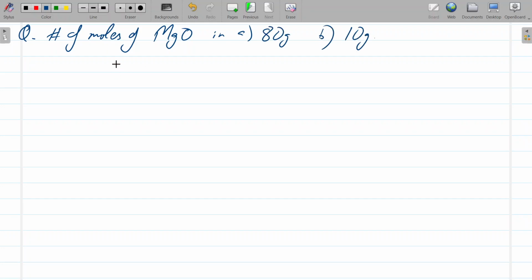So first of all, I need the relative formula mass, to use that term, of MgO. And so that's going to give me magnesium is 24 plus oxygen 16. So that's going to give me 40 grams,